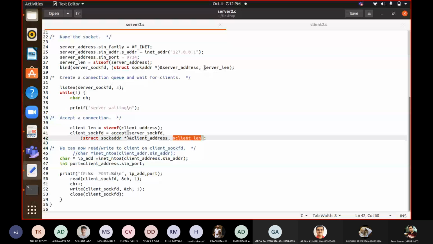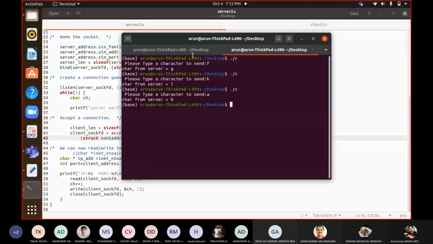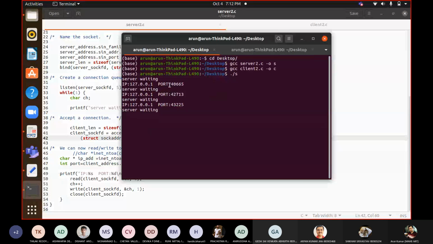Then finally, here it is converting the IP address, means it is taking the IP address. So now in the client address, the client IP address is there, the client port number is there. As you have seen in my program, the server is printing these things as well, what is the IP address and what is the port number of the client. So how can we get to know the client IP address and the client port number, because now we have received all the details in our client address.